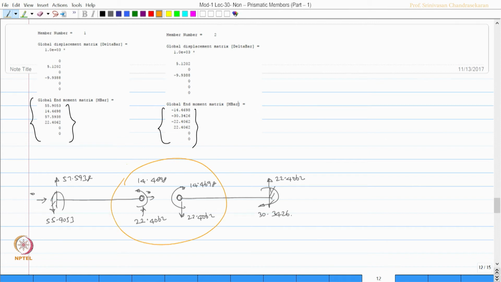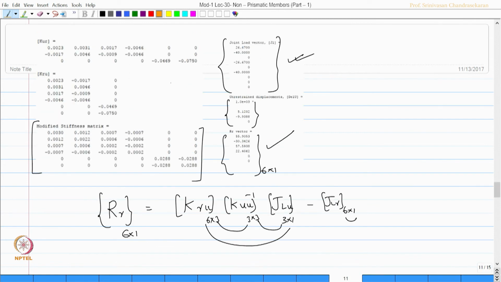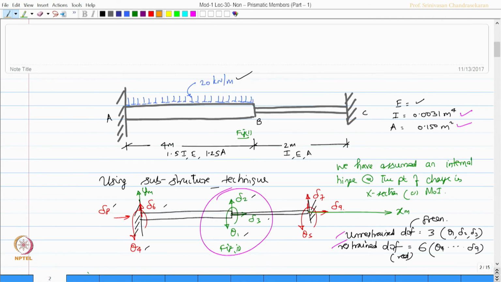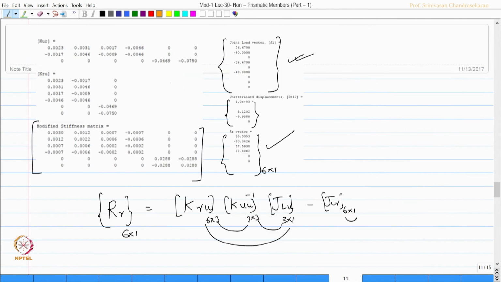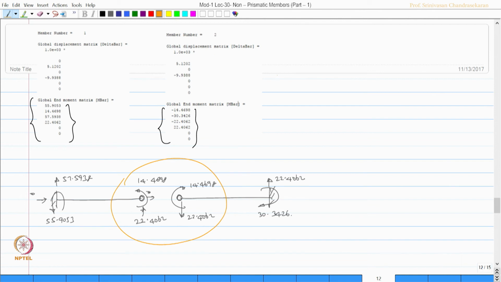Now, ultimately the end reactions RR are given by this vector, which I am copying back here. There are 6 values. Ultimately, looking at the problem, I want theta 4, theta 5, delta 6, delta 7, delta 8, delta 9. Let us mark them here. So, I want for this member